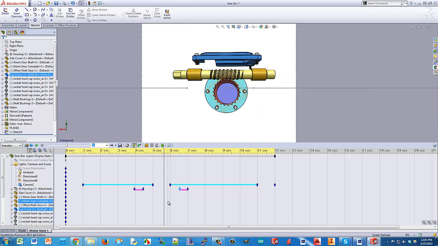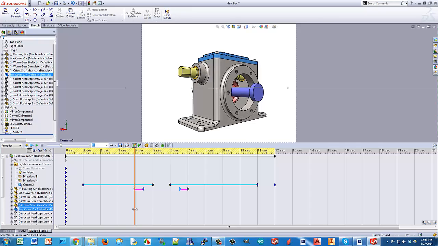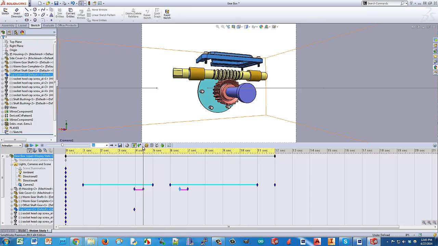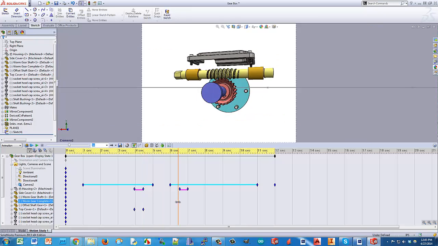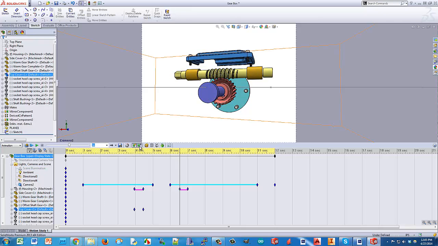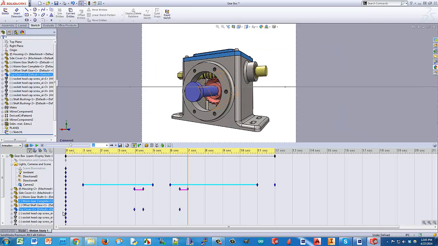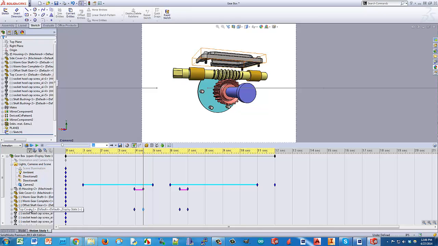And say we want to hide this top cover as well. We can do the exact same thing. So we add our keys. Make sure you have the part that you want to do selected here on the left side. And if you click on the key and you go hide, and drag it across,